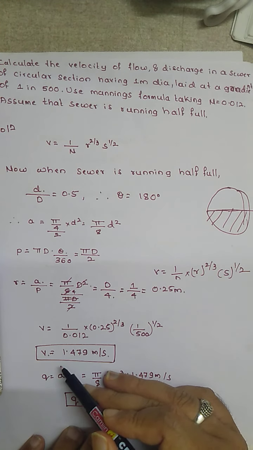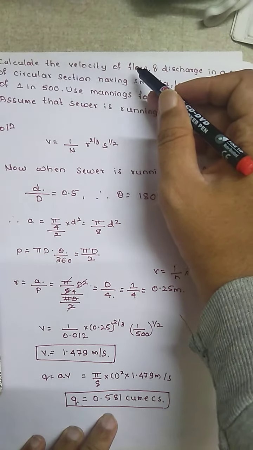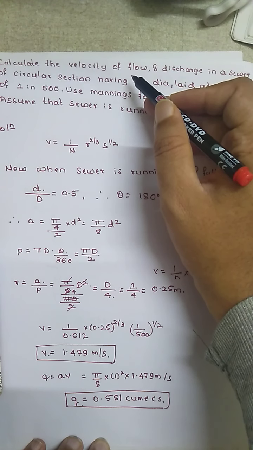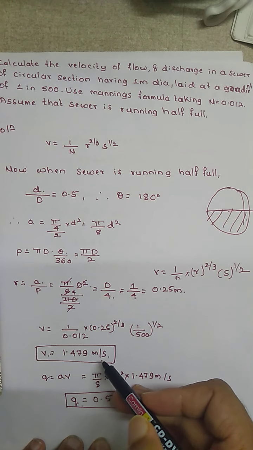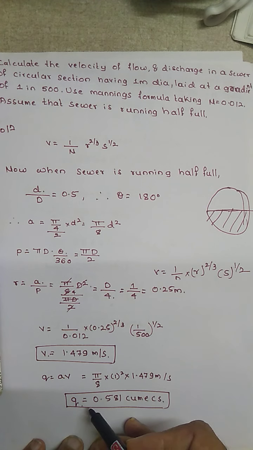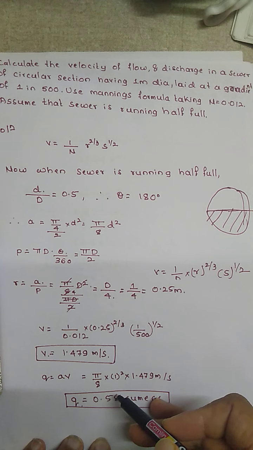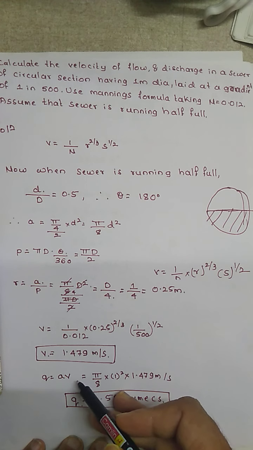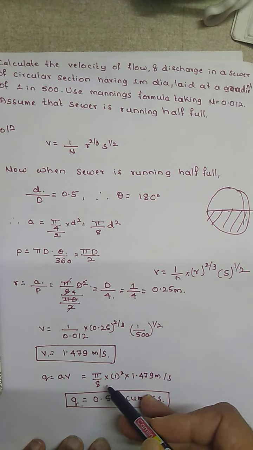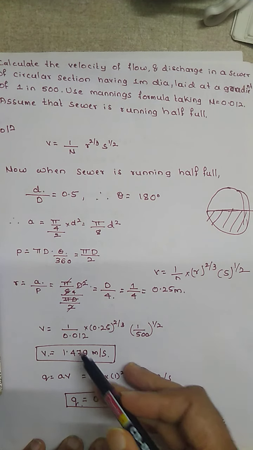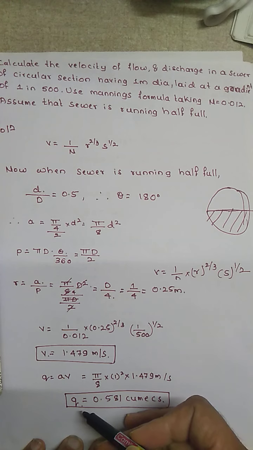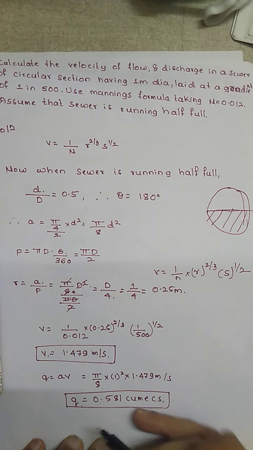Then they have asked to calculate the velocity of flow, that is V, which is 1.479 meter per second. And the discharge, how are we going to calculate? Q is equal to AV, with area pi by 8 into d square, d is 1 meter, and the velocity we have already calculated. So we are going to get the discharge as